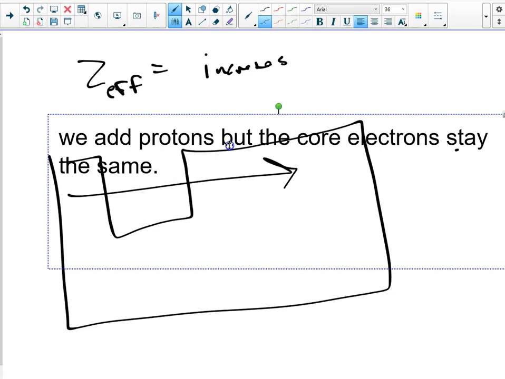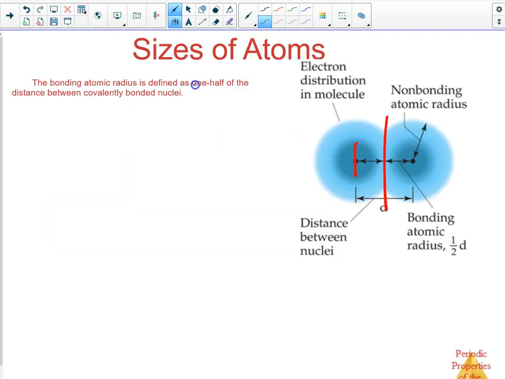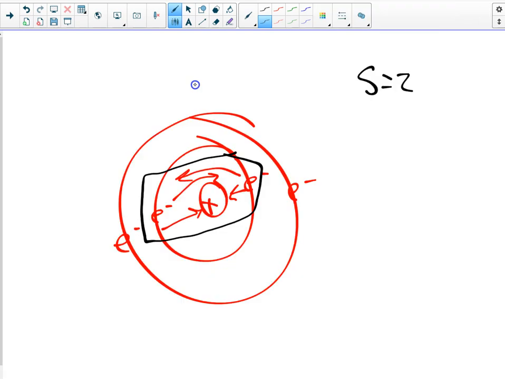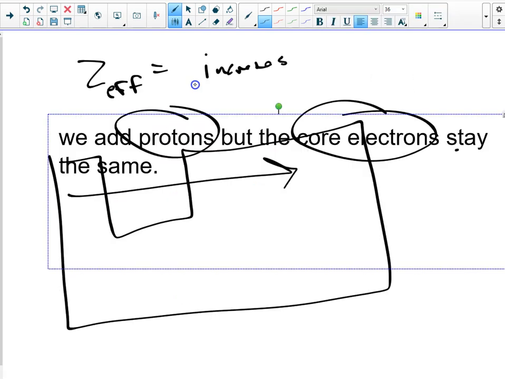All right. So this is why we care about the core electrons. If the core electrons stay the same, the screening effect stays the same. But if we're adding more positives, we're getting more attractive force. Okay, here we go. What this has to do is with our next trend. Well, we better draw this too. All right. Zeff increases as we go up in a periodic table. And this one's way less important to know, but you should know that. So if it increases as we go right and up,